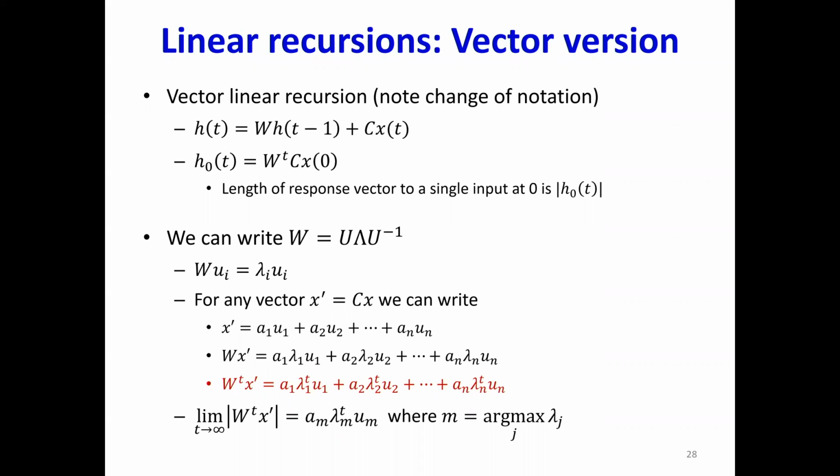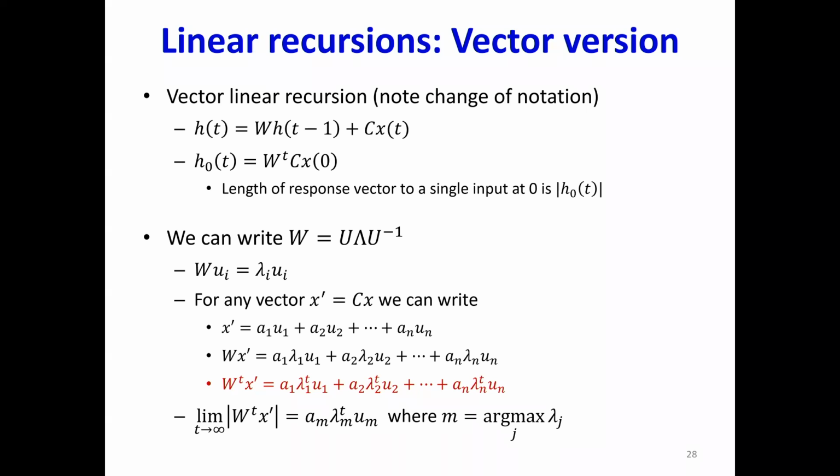Yes? Taking out lambda 1 as common. That's not transpose, that's raised to t. Raised to t, sorry, my bad. Because this second term is going to be lambda 2, I'm pulling out lambda 1, right? Why pull out only lambda 1? I just pulled out the largest value. I can pull out any value, right? I just pulled out the largest value, so this makes sure that all of the other multipliers are less than 1.